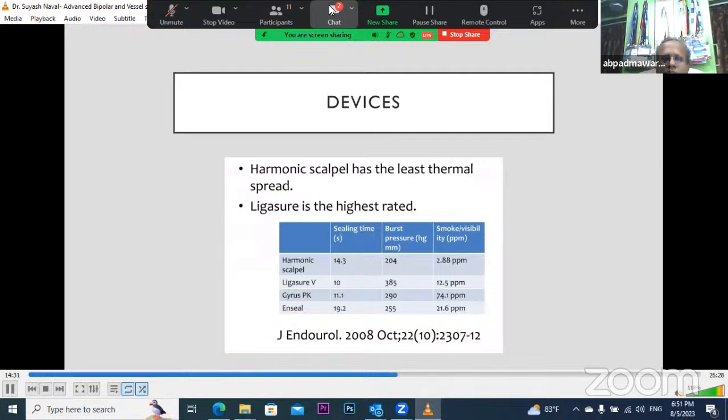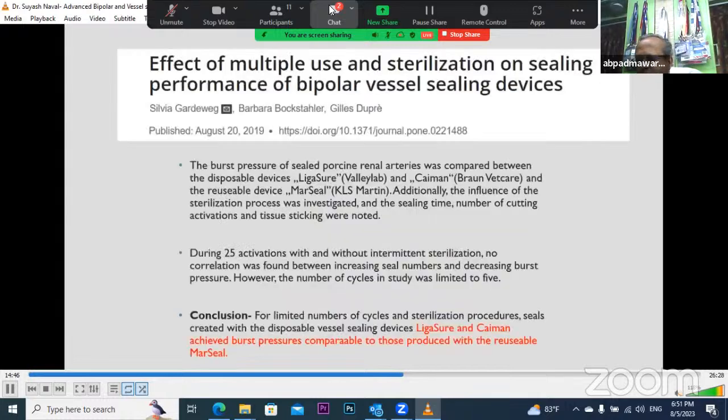I think ultrasonic energy produces a different kind of dust, which is not exactly smoke, but very tiny tissue freckles. So that also interferes with visibility, and it is not always just about smoke. This is a very interesting study, which I think is very important pertaining to the Indian scenario and many countries